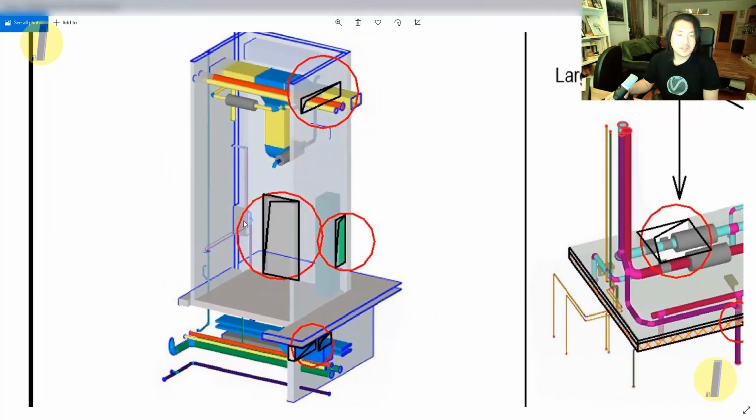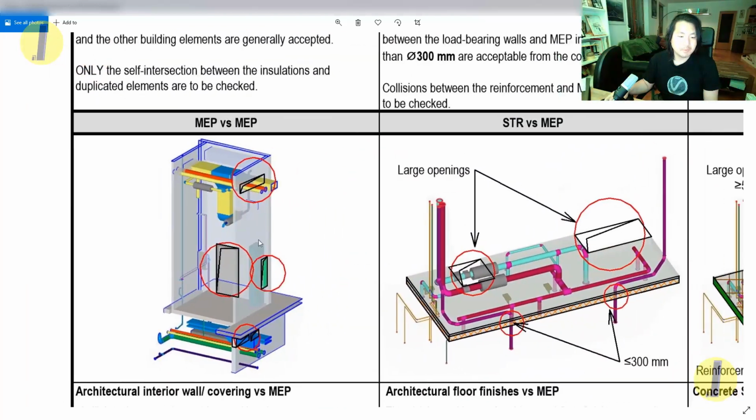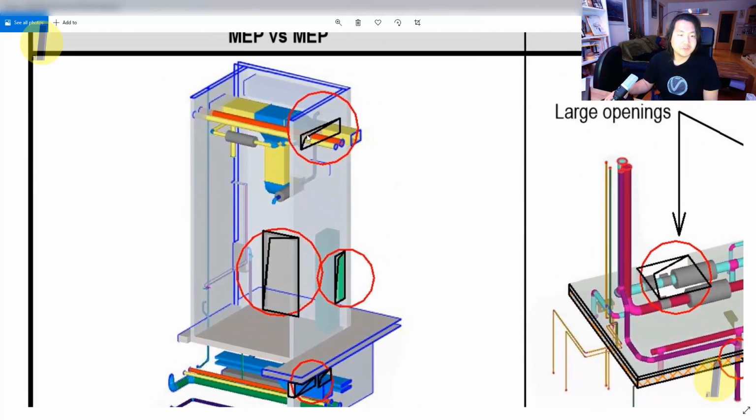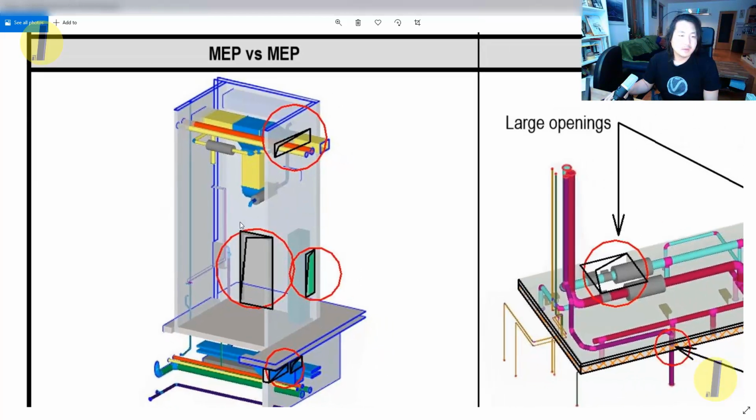Next one, architectural interior wall and MEP system. Let's say the covering, like wall covering or insulation. Before I was talking about the concrete wall and the MEP system, but in this case it's the architectural wall against MEP systems. As you can see, it's not really a big problem, because the architectural wall, you can cut it out